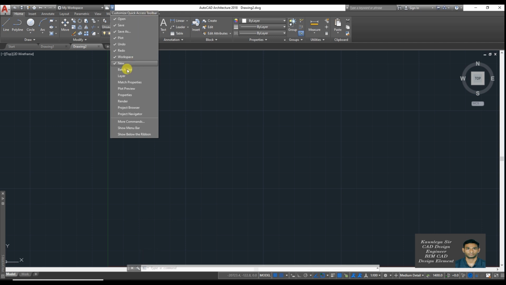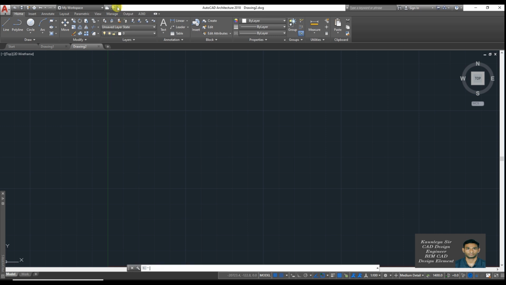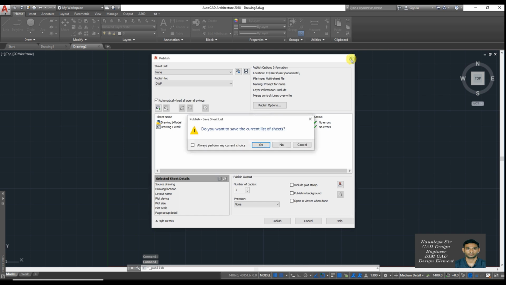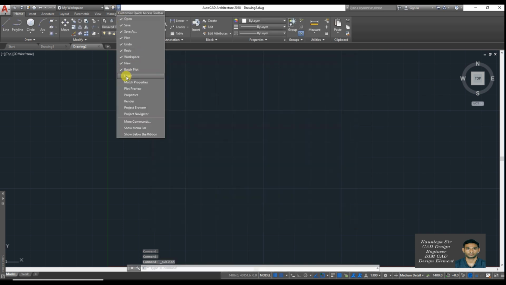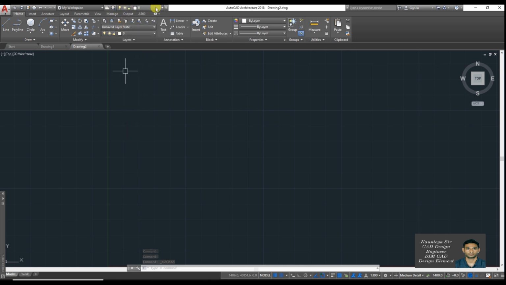So for example, I want to add these two to my quick access toolbar. I will simply click here, and again going into the arrow, we will select the layer. So we have added two new items to the quick access toolbar. While working in AutoCAD, if I want to choose the layer, I can simply go here and change the layer type. So these are the quick functions which can increase our work efficiency and